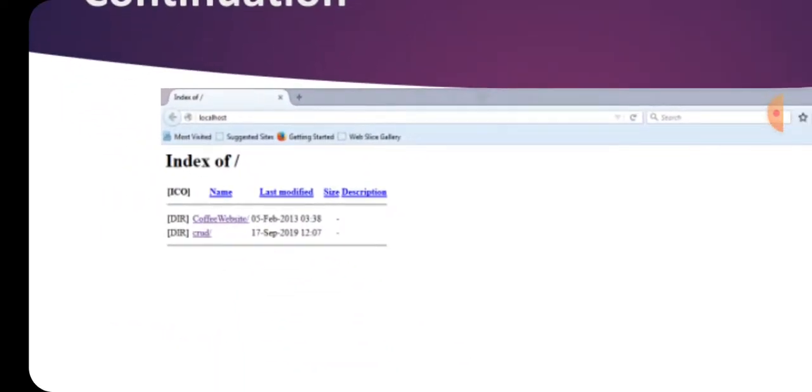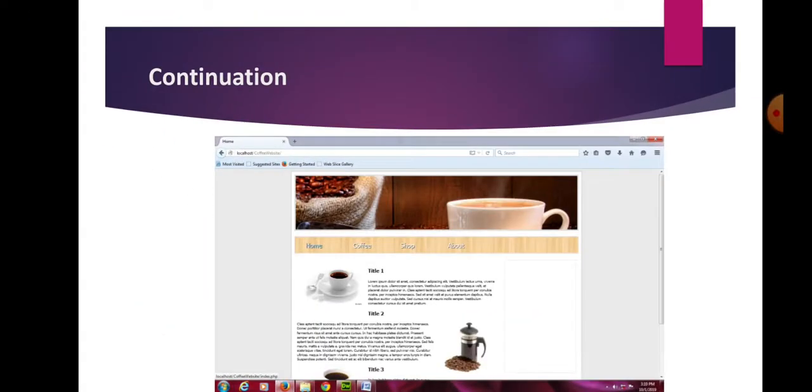While executing my program, I created the folder as coffee website. I just created two websites, that is coffee website and the CRUD application website. We are going to execute the coffee website. So I click the coffee website link. It will display the index page.